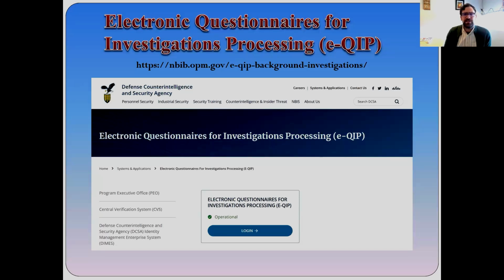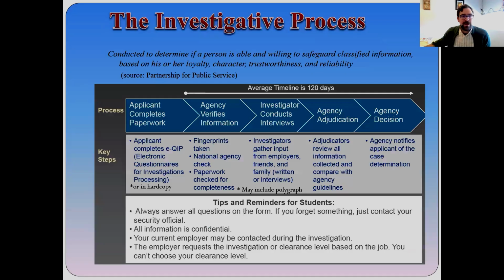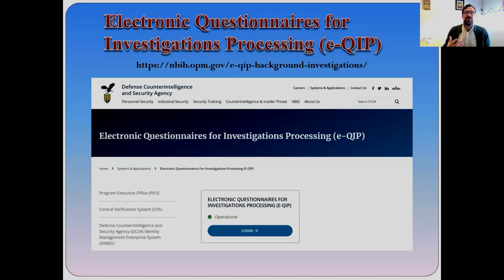But essentially, this entire process is to evaluate your trustworthiness, your character, your loyalty, and specifically your... I'm going to go back to the other page here because there's one I'm forgetting. Loyalty, character, trustworthiness, and reliability. Reliably not being able to come up with that information is ironic. But the general idea here is